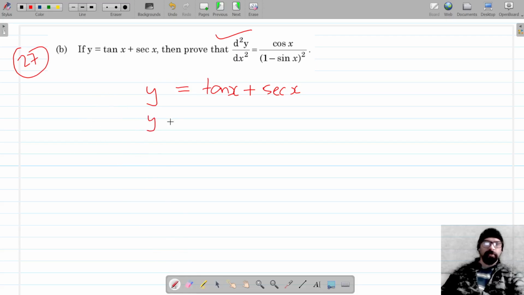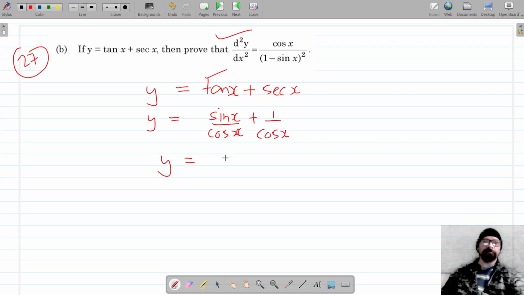And let's try to get it all converted in the sine and cos form. So tan x is sine by cos. Secant is 1 by cos. So this is now, we can write it as, after taking LCM,